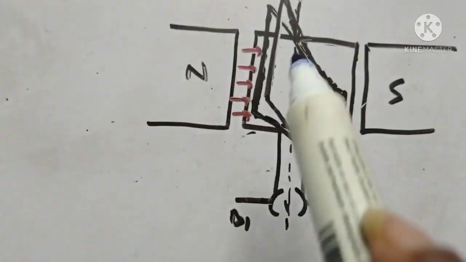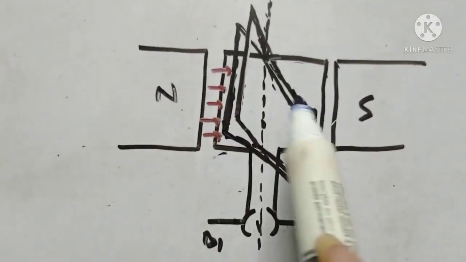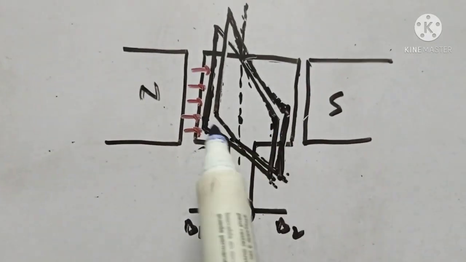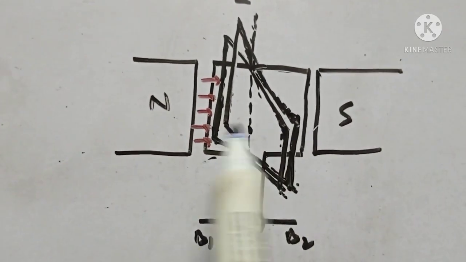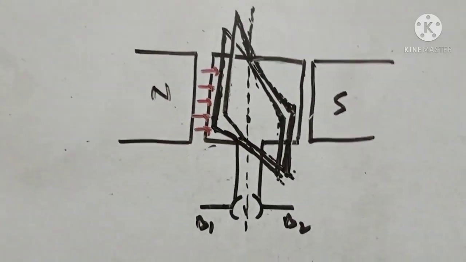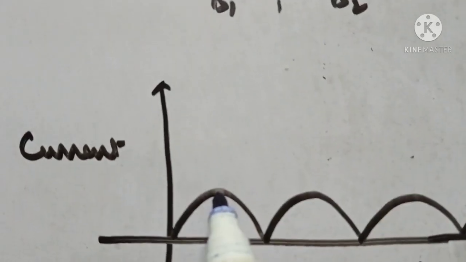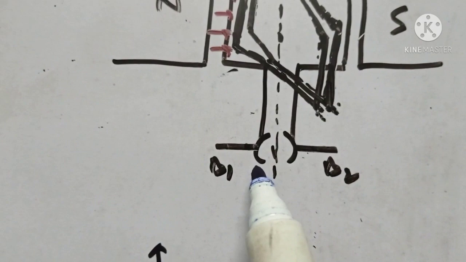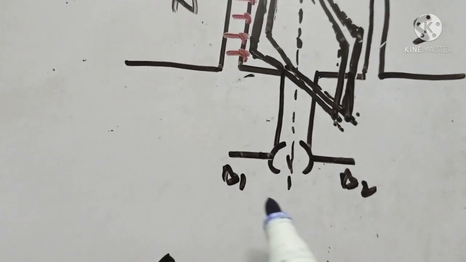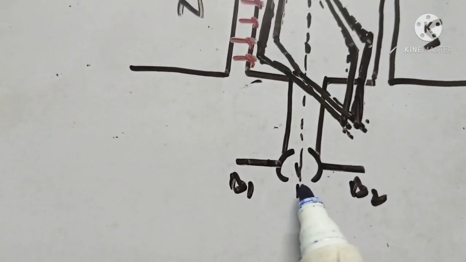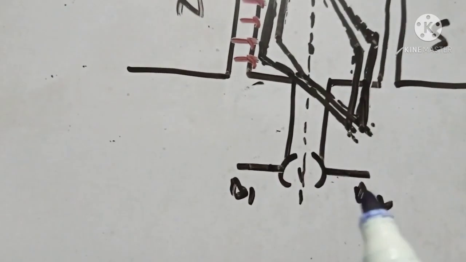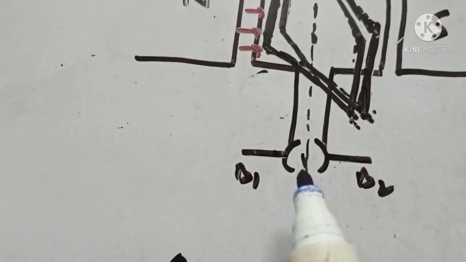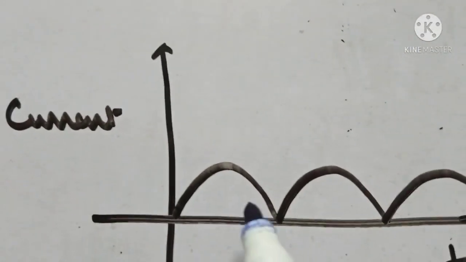So when the coil becomes perpendicular to the field lines, then maximum magnetic lines of force are passing through this coil. So your induced EMF will be maximum. When the gap comes in contact with the carbon brushes, EMF becomes 0. There is no flow of the current for a fraction of a second, and since the shaft is rotating, again induced current is produced, and the direction of the current becomes unidirectional.